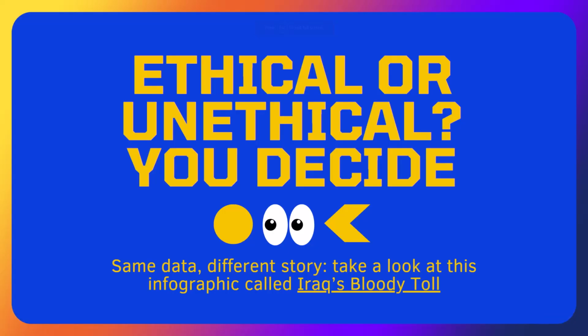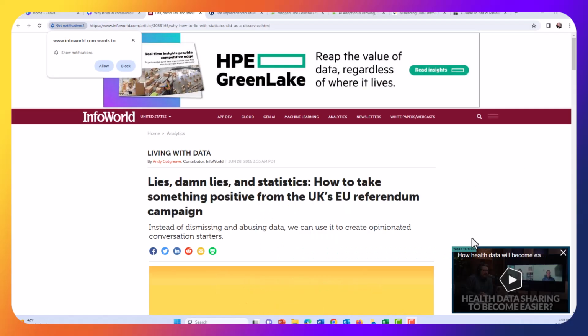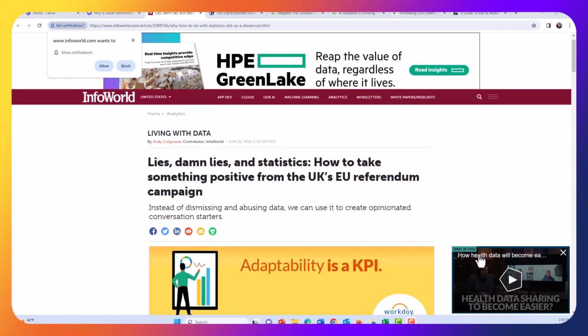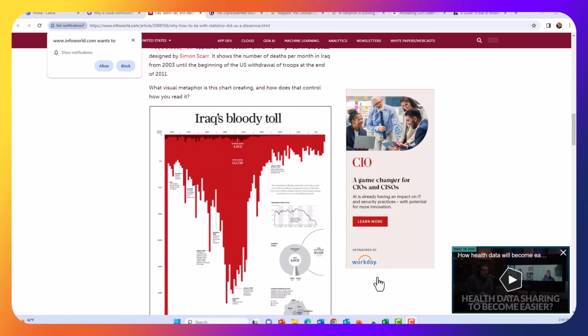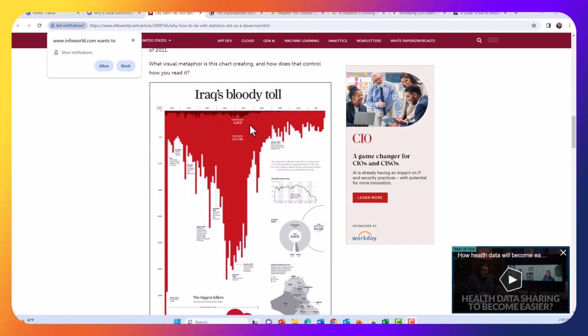Sometimes the line between what is rhetorical and what is ethical can be blurry. Take this example. You can read this article in depth and make your own decision, but let me point out a few things. This infographic has long caused a debate. Is it deceptive? Is it unethical? In the original infographic, we have a histogram. The years are along the x-axis here, and the number of deaths along the y-axis here.